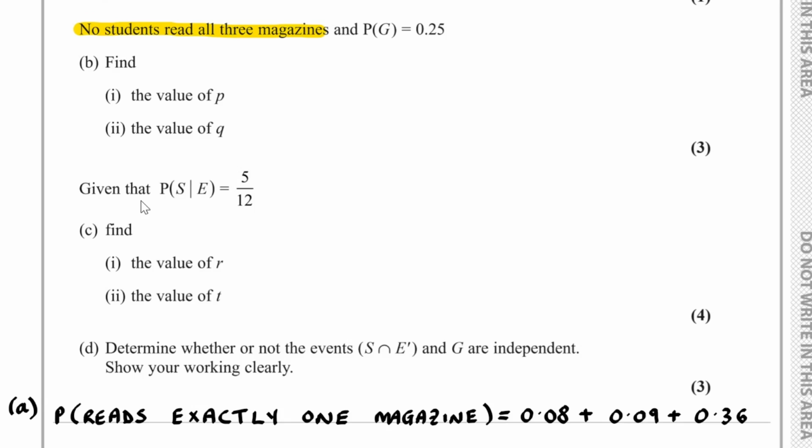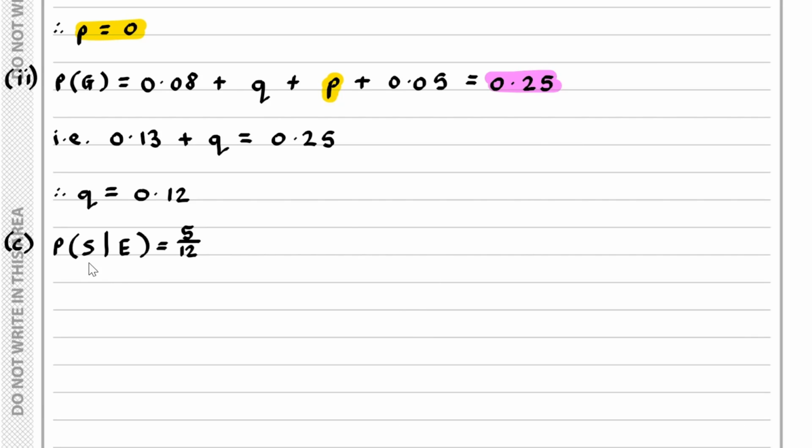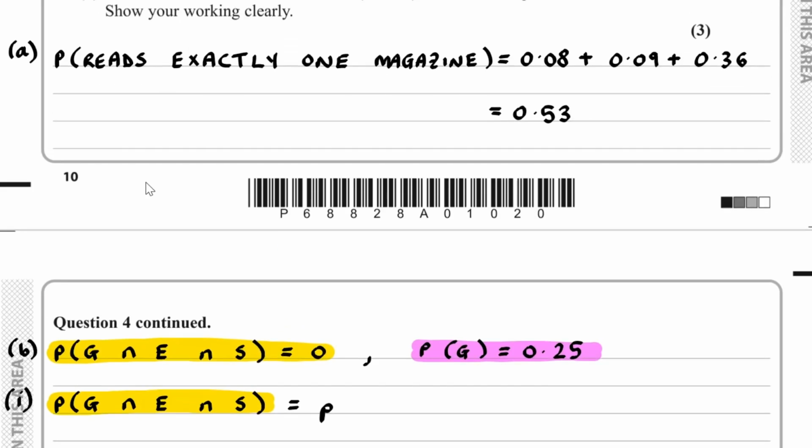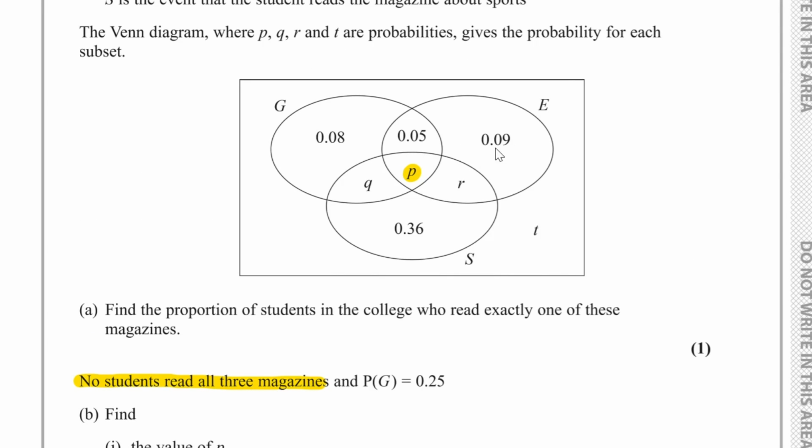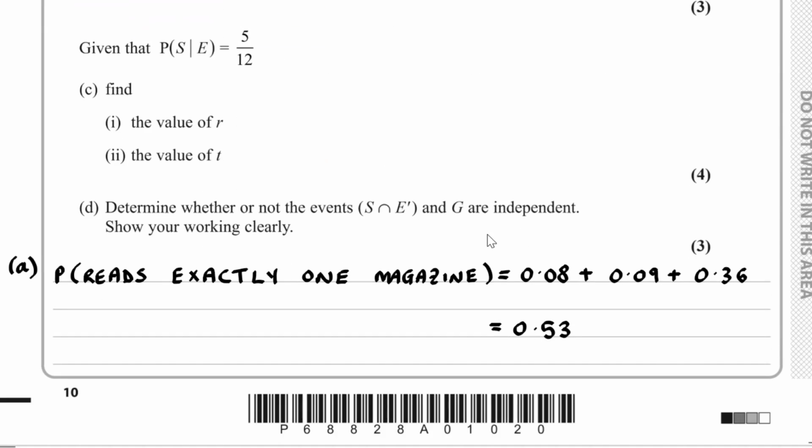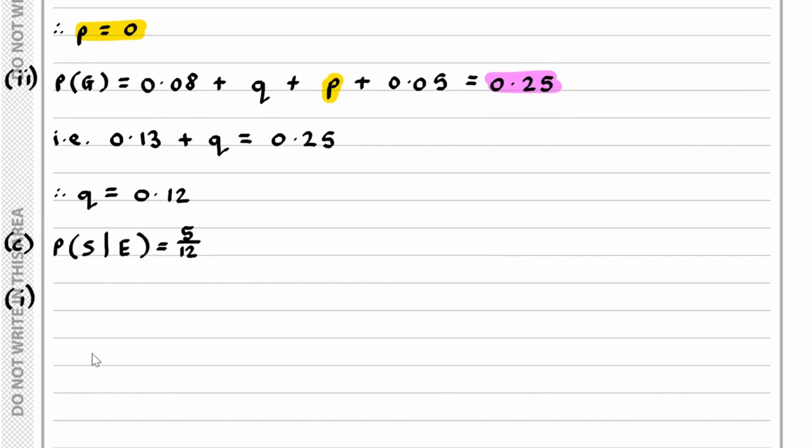Now, for part C, given that the probability of S given E is equal to 5/12, we have to find the value of R and find the value of T. For part C, we're given S given E is 5/12. Well, to do this, what is the probability of E? Well, the probability of E, that's 0.05, 0.09, P and R all added together. So E would have probability R plus P plus 0.09 plus 0.05 added together,